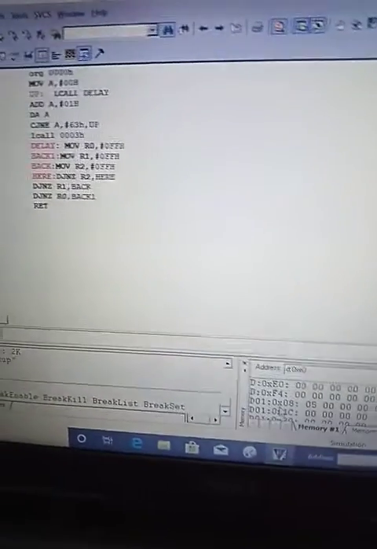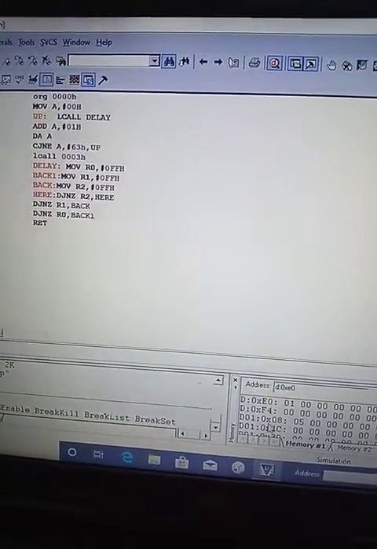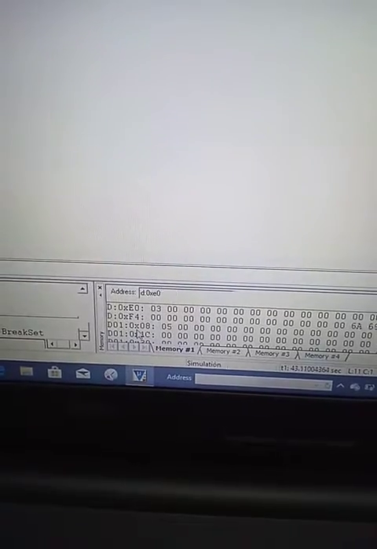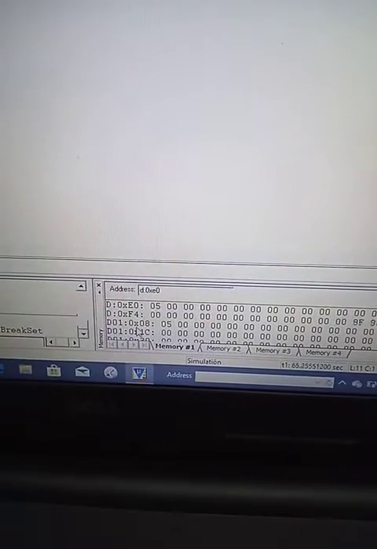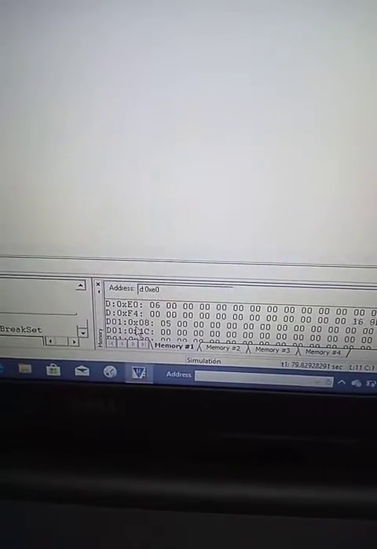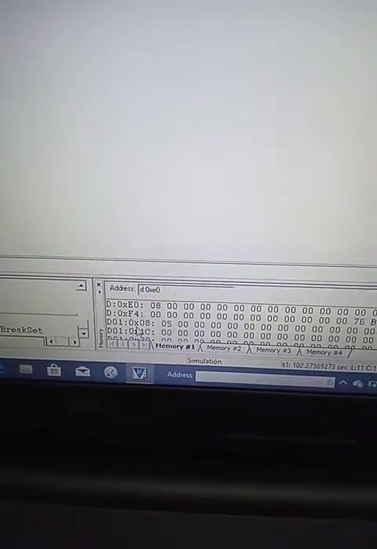So here you can see it is counting 1, 2, 3, 4, 5. You can see the number in the first location of each increasing by 1 value. So it is working as a BCD up counter.